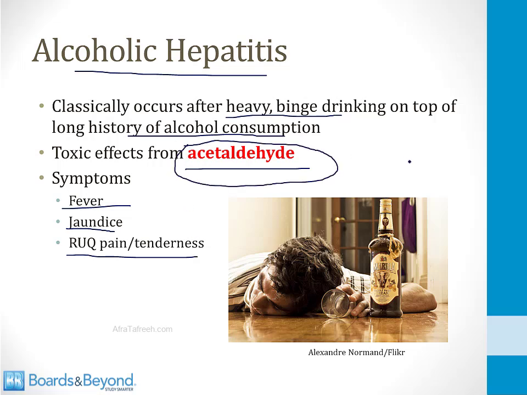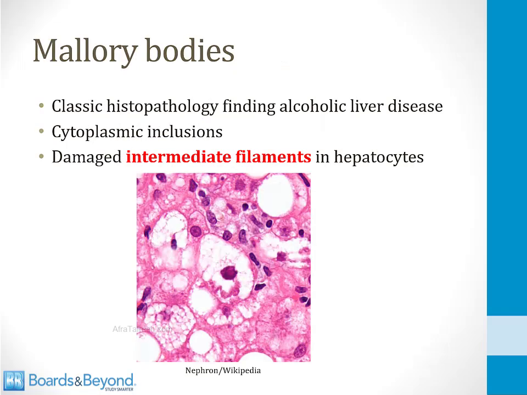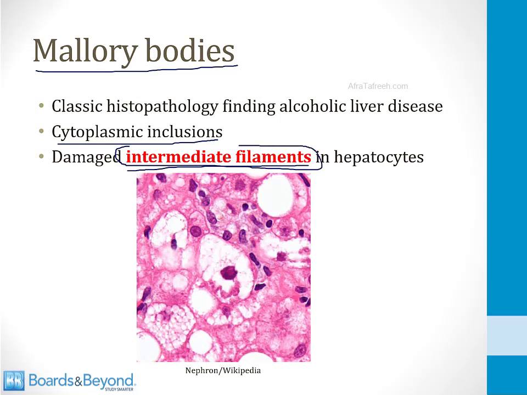If you biopsy the liver in patients with alcoholic liver disease, there is a classic histopathology finding, and that is the presence of Mallory bodies. Mallory bodies are inclusions that can be seen in the cytoplasm of hepatocytes. They are caused by damage to the intermediate filaments of the cells. Recall that the cytoskeleton of cells has a number of elements, including the microtubules, but also thin filaments and intermediate filaments. And it is the intermediate filaments that are damaged in alcoholic liver disease